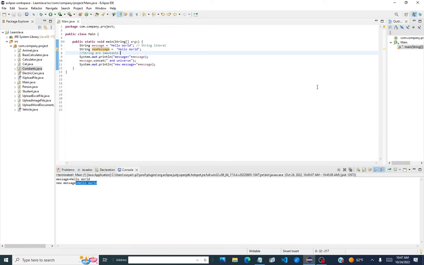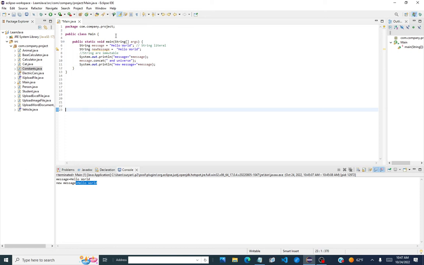So somewhere in the storage, their value is stored just once, hello world. Both this and this variable will refer to this value. That's what string does, because it's trying to save you memory. If you have 10 variables and they have the same value, then the value is only stored once in the string literal pool. That way you don't need additional memory because you're not creating